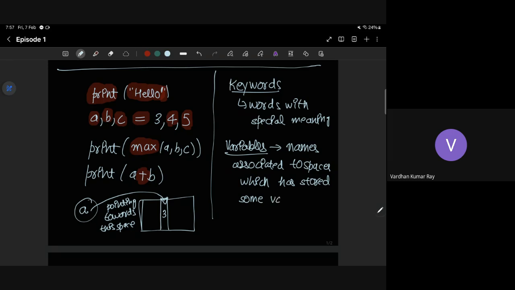Right, so we talked about what are keywords. I have not used the more general keywords here. If and for are a better example of keywords. We will do those in the next lecture, the conditional statement and for loop. So these are keywords which have some specific meaning. You can't use them for anything. You can't just make a variable out of them, right?